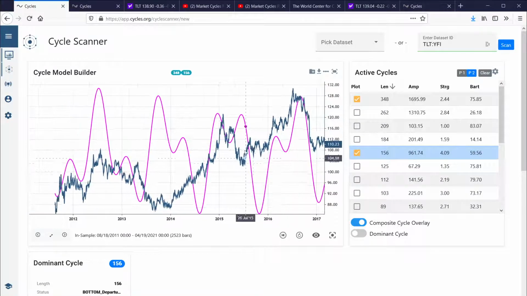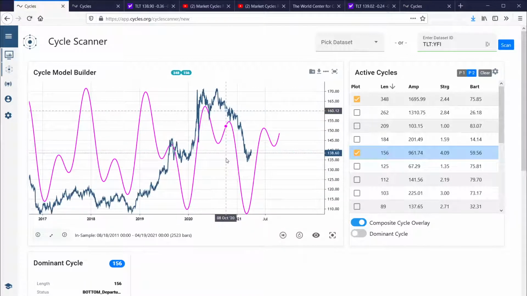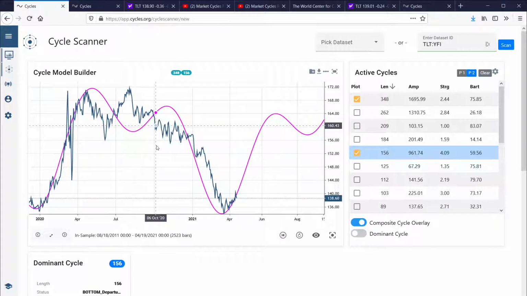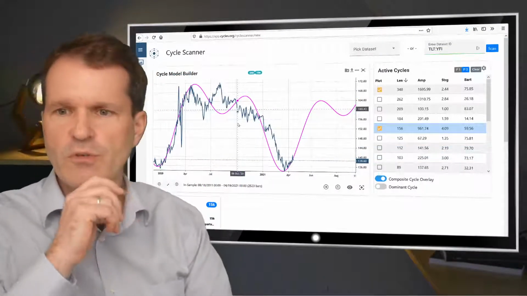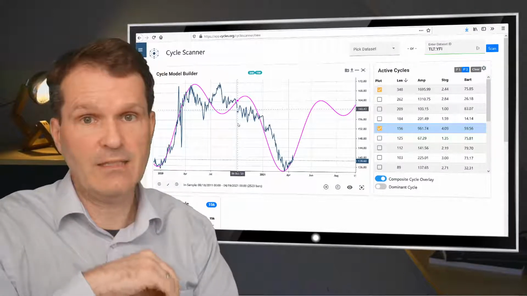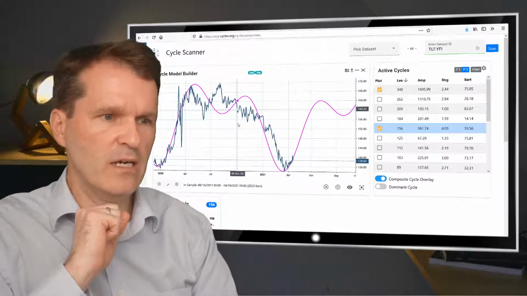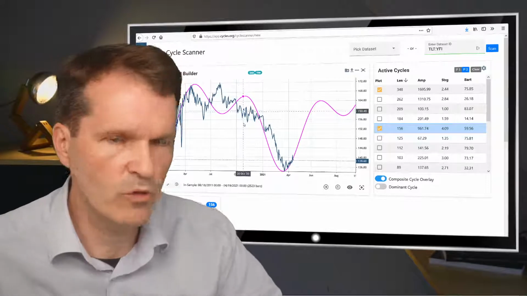Yeah, and then from a visual point of view, you see that we have an alignment at least over the past 10 years. So this is a starting point if you want to analyze the cycles in the treasury bonds. So this is the current view on the cycle, and that's what we always try to do if we do this kind of stuff. So the signal analysis from the cycles perspective here shows us that we are in a bottoming area. So this is the important takeaway here.